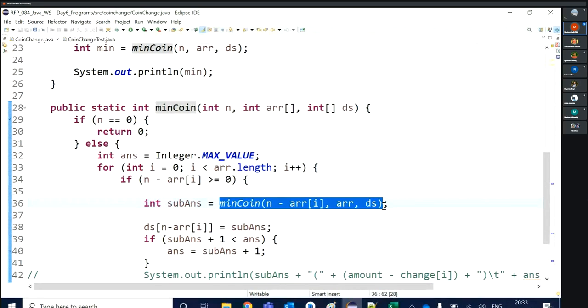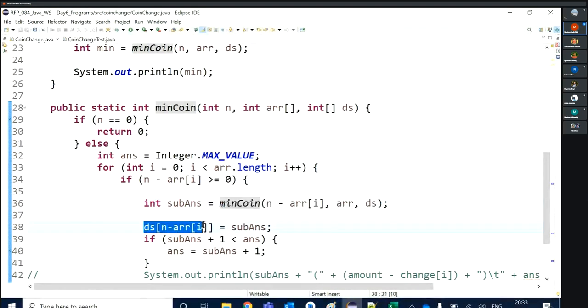So what I want to do, I don't want to calculate the answer for amount 11. I will take the answer from my RAM memory directly, and in the RAM we are using this DS array, DS dynamic solution array. We are using it.